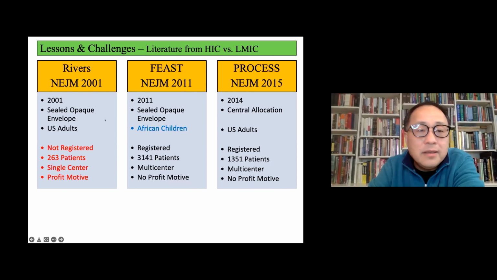Well, I think many of you are aware of the FEAST trial, which was done 10 years later, not in adults, but in African children, and was a much higher quality study in terms of the criteria that we mentioned. What we found here is that the FEAST trial increased mortality when you followed a similar protocol of aggressive resuscitation among African children. And then here is a study even later, repeated in US adults. Again, a much higher quality trial compared to the first study. This is 4 years after the FEAST trial, and they found actually no benefit of this particular intervention that was originally